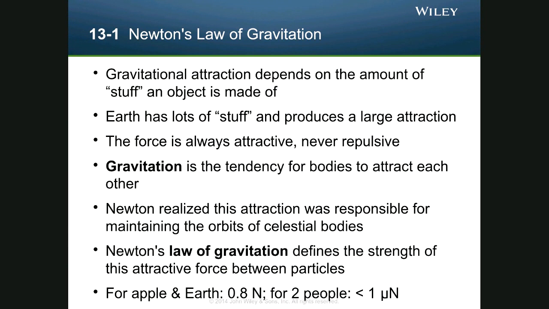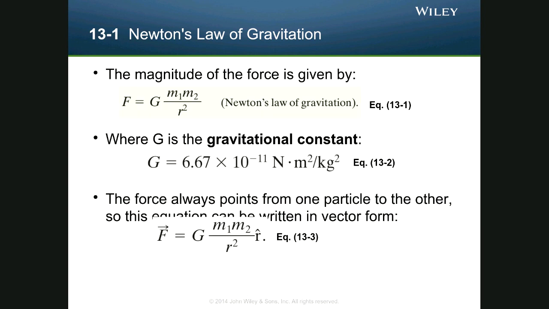Because you have to ask yourself, Newton's law of gravitation says that every object in the universe is attracted to every other object in the universe. So it's fair to ask, why isn't everything crunching in on itself? One, there are other forces of nature, and two, those forces are quite small. And we want to see why they're small, and that will be given by our expression of Newton's law of universal gravitation. You can see that the force between any two objects, the gravitational force in a vacuum, is going to be equal to the product of their two masses over the distance between those two masses squared, times this